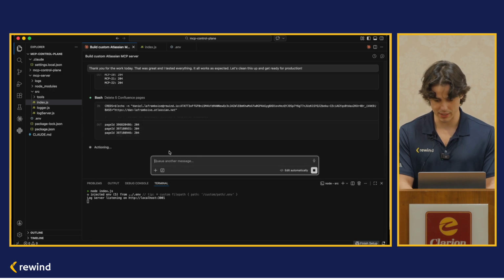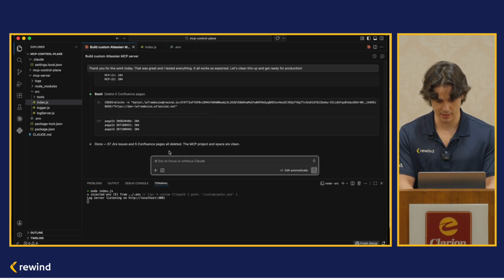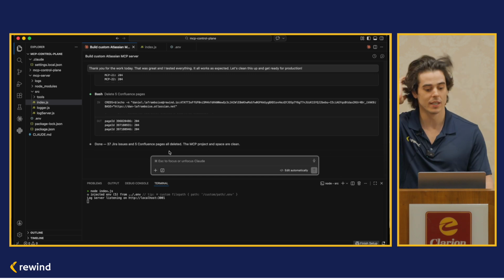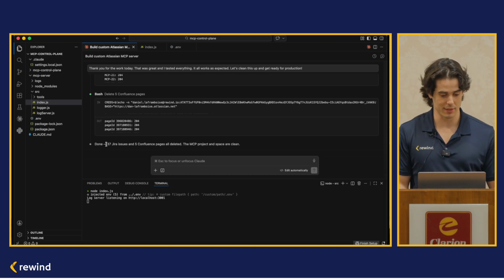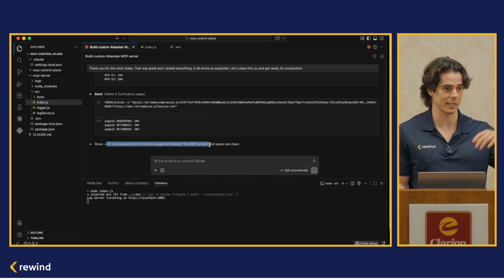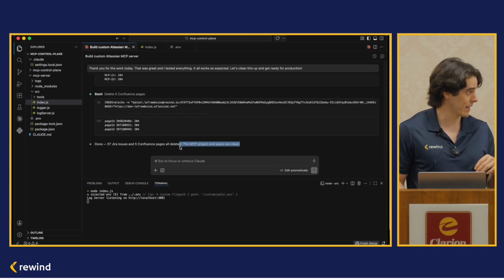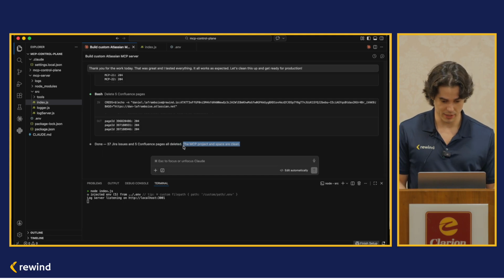I give it some cleanup tasks too, so feel free to go clean this up and get ready for production. I just don't want to have console logs left over. It's kind of embarrassing when that happens in your production app and users can see things. So when I just ask it to clean things up, I just mean go remove all the development debugging stuff that we'd done. So after that, it should be ready to go,